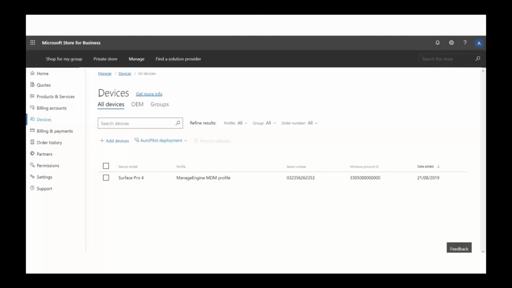Now Mobile Device Manager Plus has split the onboarding process into two parts. One is the enrollment process, which I had just shown you. The other is the user assignment process. The reason for splitting these as two steps is because in case your organization purchases these devices in bulk, you can complete the enrollment process beforehand and then assign the users when you're distributing the devices to them as per your need. So let me show you how you can perform the user assignment process.